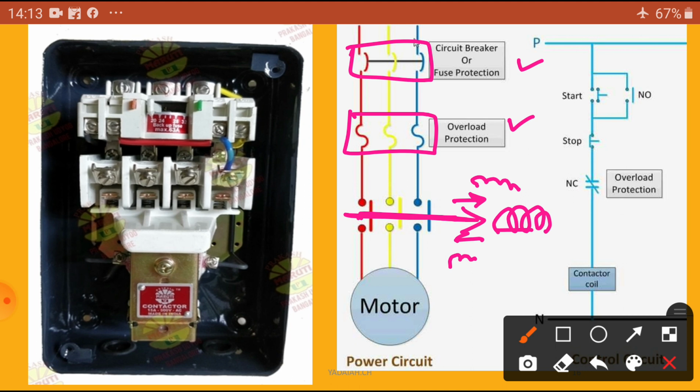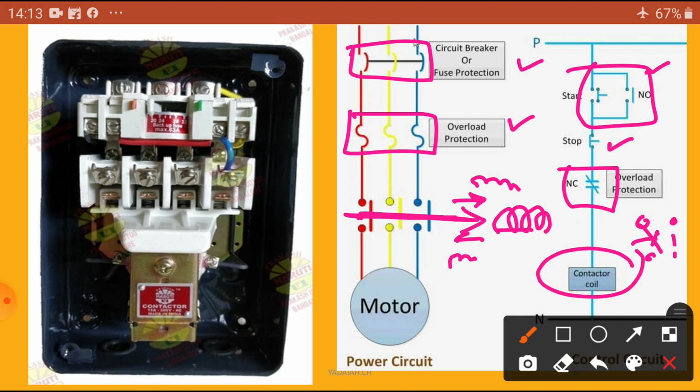Here you can see the simple circuit. The normally open one is the green button, the start button. You can see this is the start button mechanism. Now this is the stop button, the red button. This is the normally closed overload protection bimetallic strip arrangement. And the contactor, from this to this we are going to make contact. It can withstand this current rating, and it is connected to the neutral. This is a coil, nothing but that.